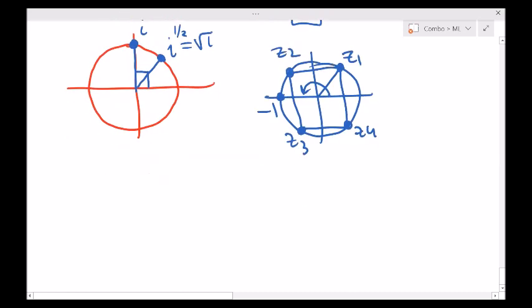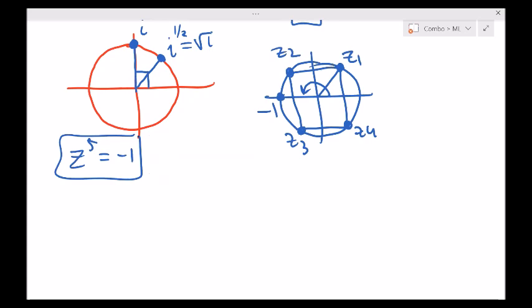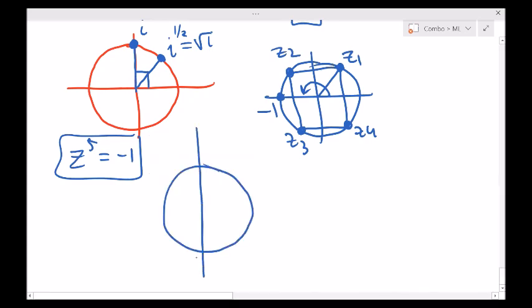So for instance, if I ask you, what are the roots of this monster over here? Z to the 5 is equal to -1. All you do is just find one root. Which root is the convenient one to find? Well, one of the roots is obvious. Yeah, -1, yes. You can start with -1. Wait, does this thing work? I think it does, right? And then you can find all the remaining, so how do I do it? Yeah, like that,